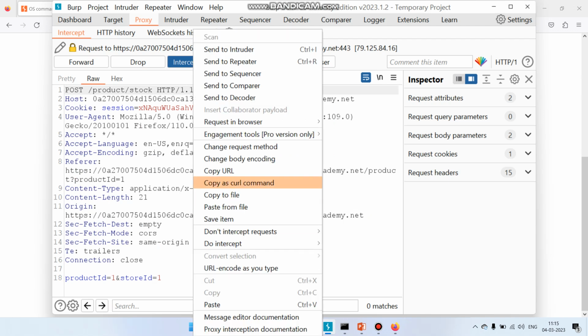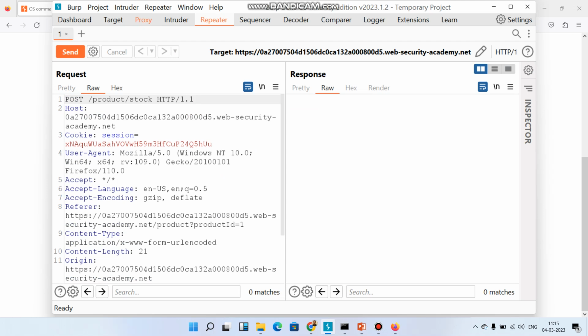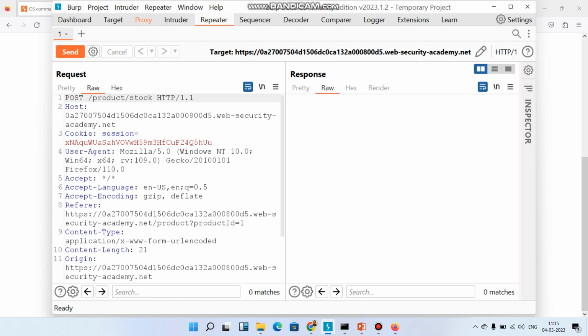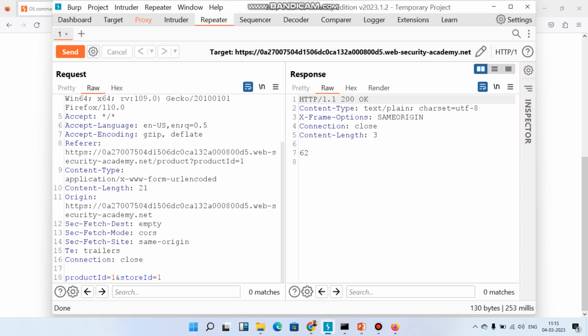We'll put this in the repeater. When we go in the repeater, we can send this request and the response is coming 200. Now if I change the command here to whoami,